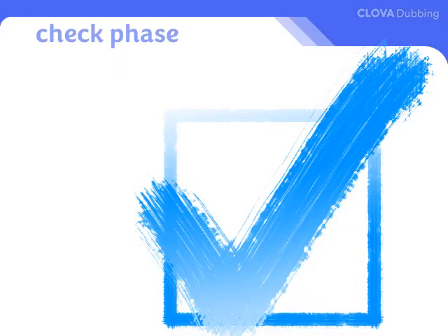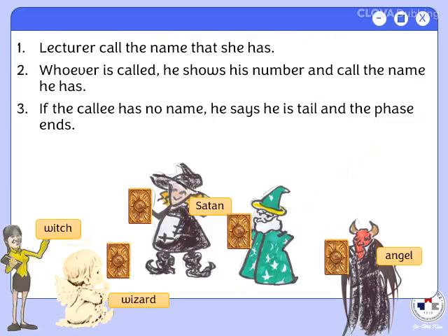In this way, once all students have been inserted into the linked list, we will have a procedure to check if they are inserted correctly. This game is similar to an algorithm that outputs a linked list in a program. The lecturer calls out the name tag she has in her hand, and each student calls out their number and the name that they have in their hands. If someone has no name tag, it means that the student is the last node. You'll notice that, as expected, the numbers are sorted.